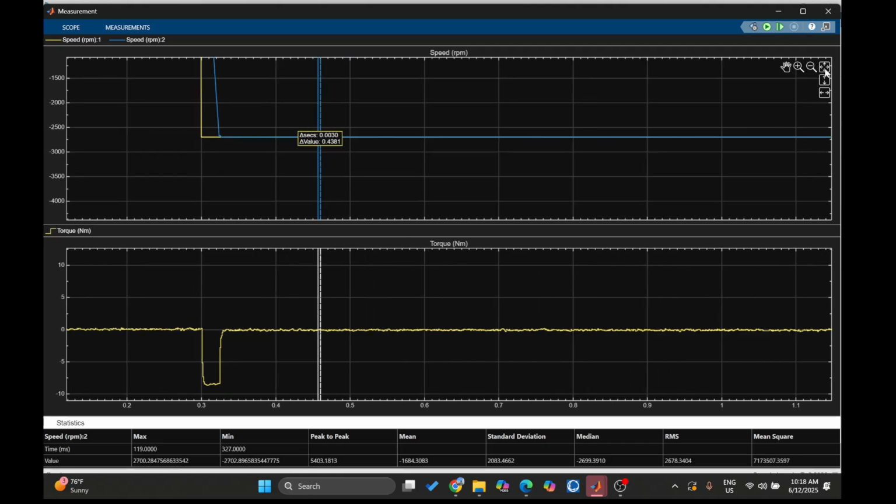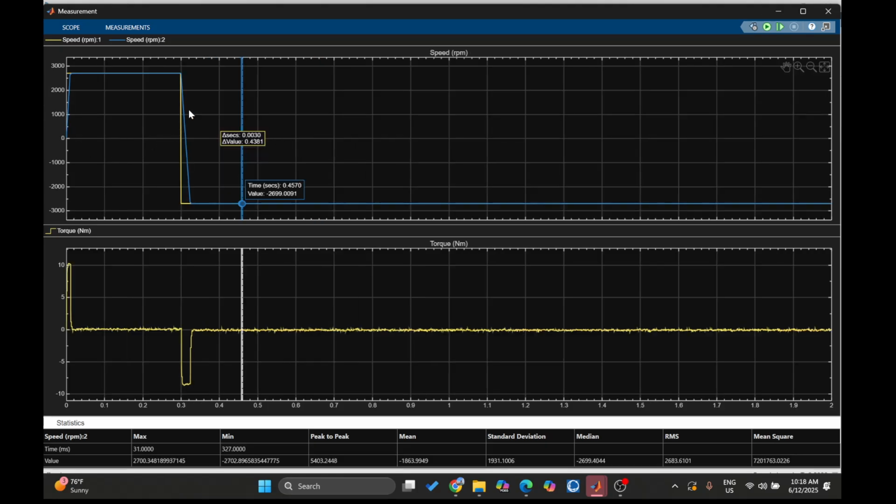It is crossing zero smoothly. When we reverse the direction of the motor, it settles within 30 to 40 milliseconds,